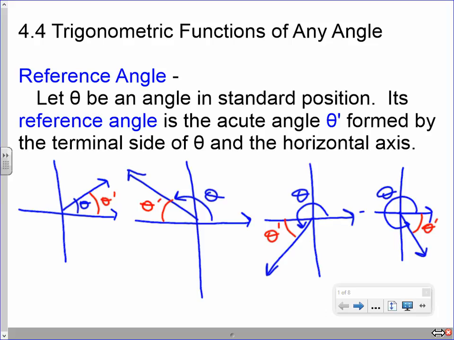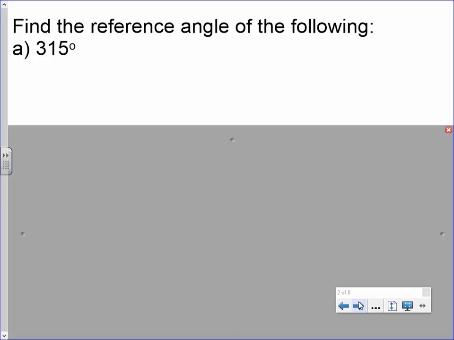So what I'd like you to do, I am going to put an angle on the board. I'd like you to write it down and then draw it for me. So 315 degrees, write it down and then make a teeny tiny XY axis and draw the angle. Which quadrant is 315 degrees in? And we can be pretty exact. We know that that has to be halfway through. There is 315 degrees. If we wanted our reference angle,